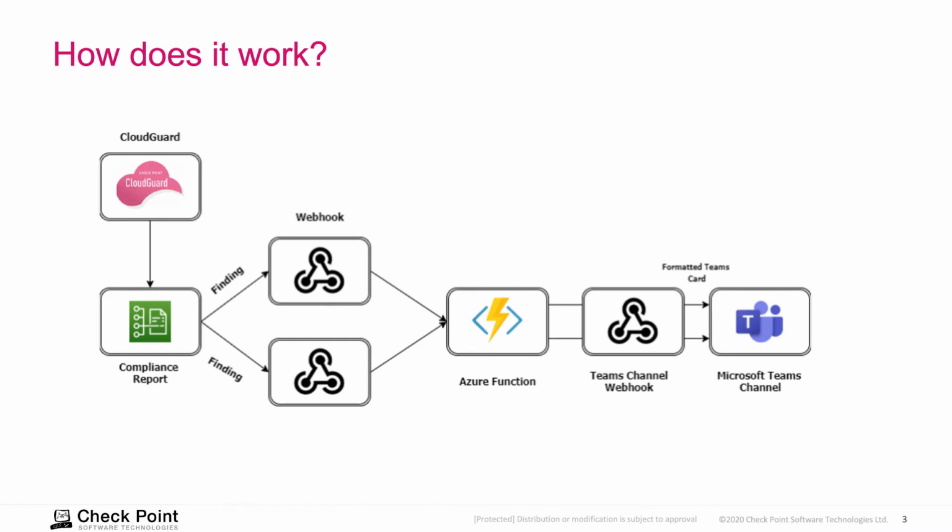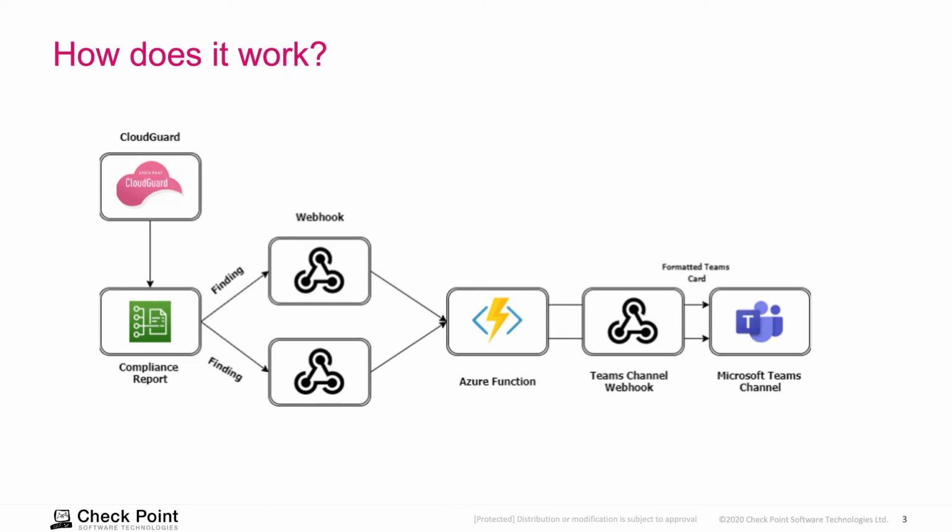The flow is, CloudGuard CSPM will continuously monitor your cloud workloads. You can have workloads in Azure, AWS, GCP, Kubernetes clusters, and even serverless apps such as Azure Functions and Lambda Functions. CSPM will continuously monitor those assets, and when it detects a misconfiguration, it will send the alerts via a